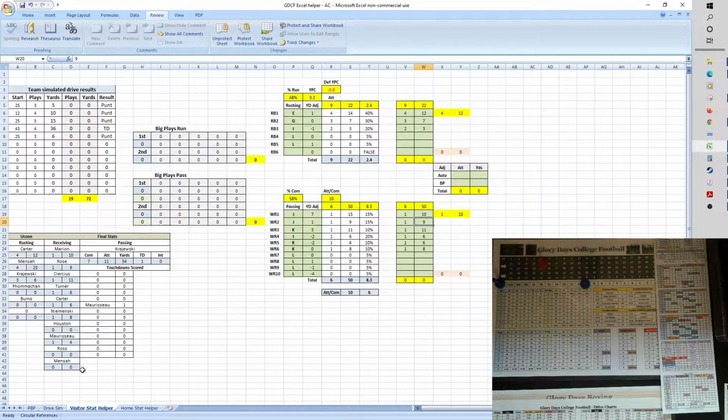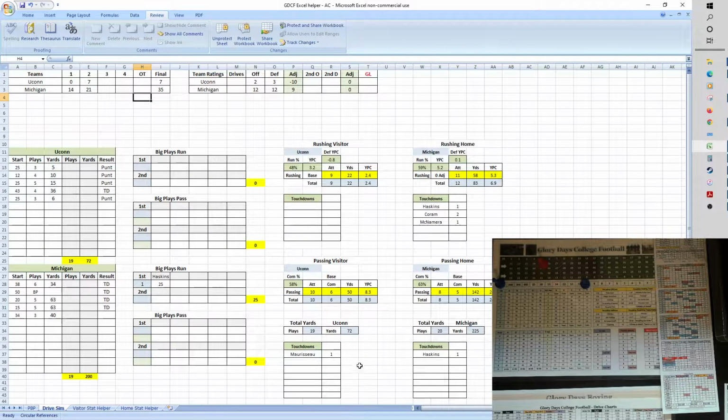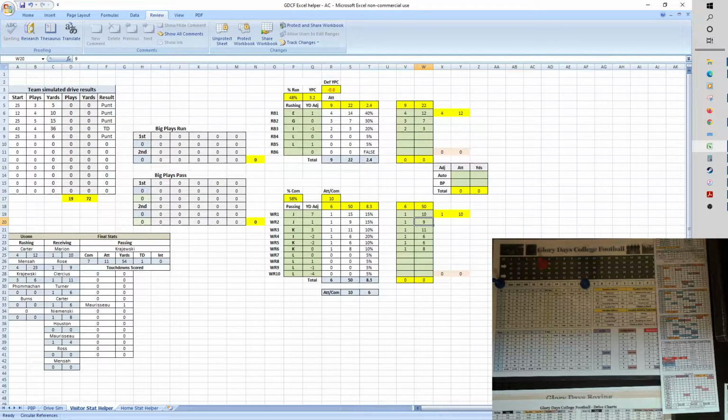And also, you would enter touchdowns, and that comes on the simulated portion of the drive. And this comes into play if you're using full quick play, and I also would recommend, even in hybrid or play-by-play mode, entering the touchdowns here, because it takes them over to the final stat helper tab. And again, it's just easier to get all the data in one place. So the home stat helper,